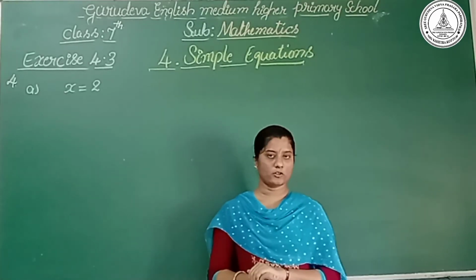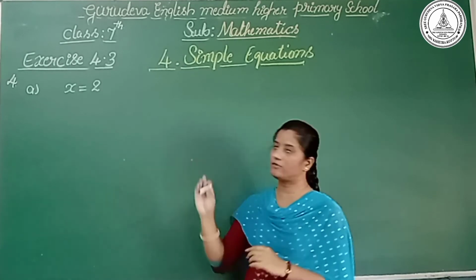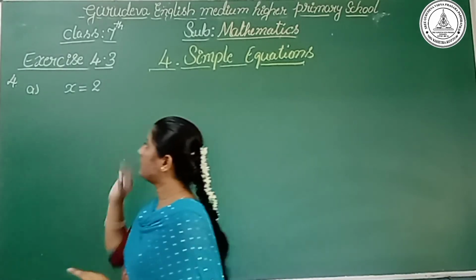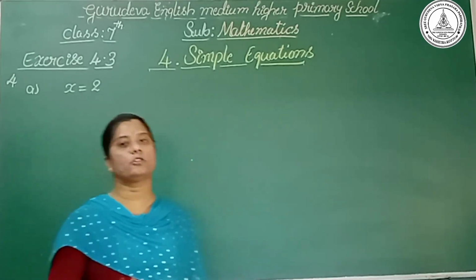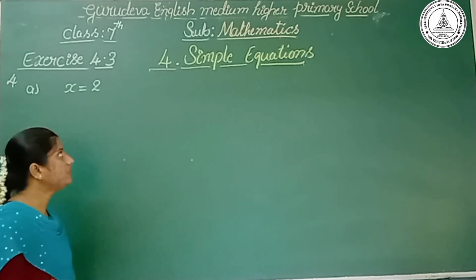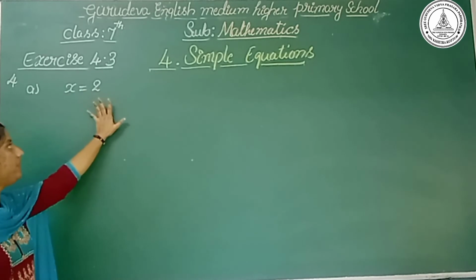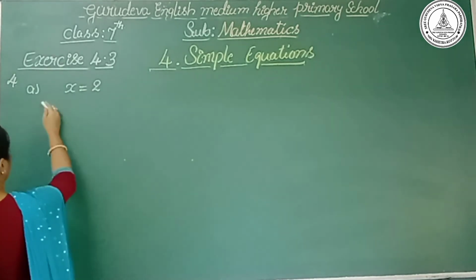Yes, the fourth question is: construct three equations starting with x is equal to 2. So first, what we have to do? They have given the solution here. We have to frame the equation. So for the first step, what we can do? First, multiply by 5 on both the sides. Okay, let's do it here. Multiply by